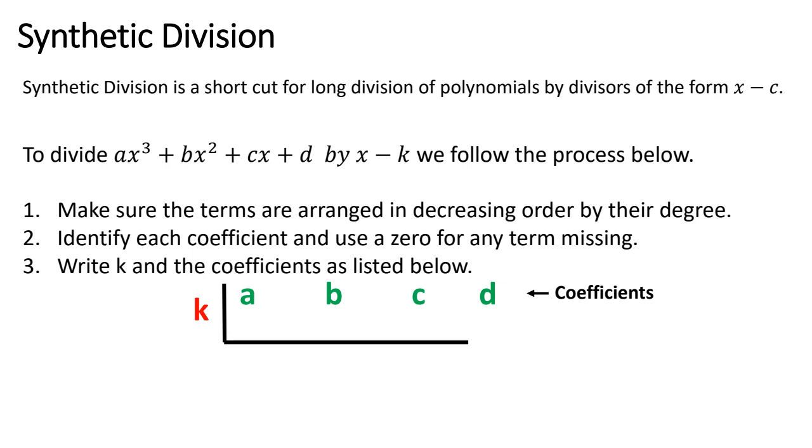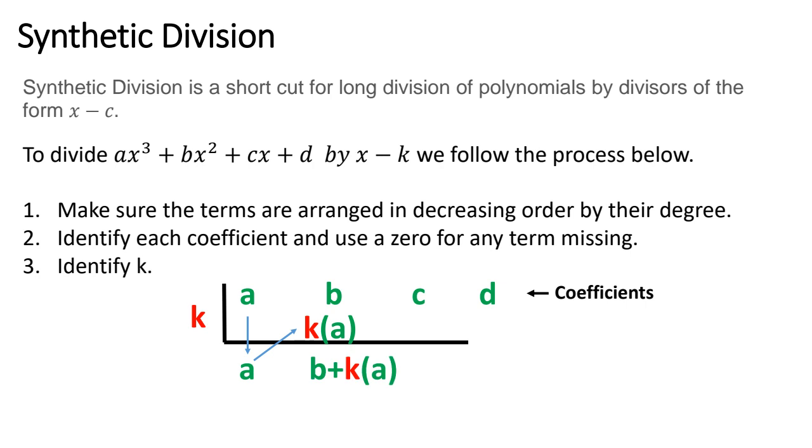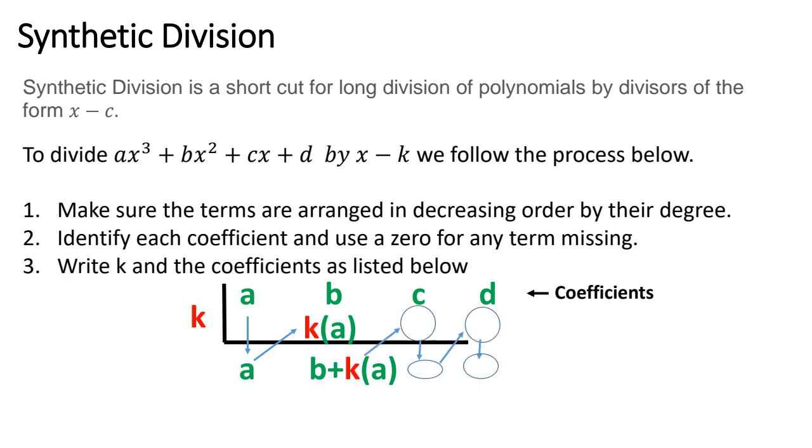What we're going to do is divide by our k value. The first thing we're going to do is bring down our a value, the coefficient of a. Then I'm going to multiply k times a, and once I multiply it, I'm going to put it here. Then I'm going to add these two coefficients, the b and the k times a. Once I add them, b plus k times a, I'm going to multiply it again. I'm going to multiply k times this term, and then put it below the c,